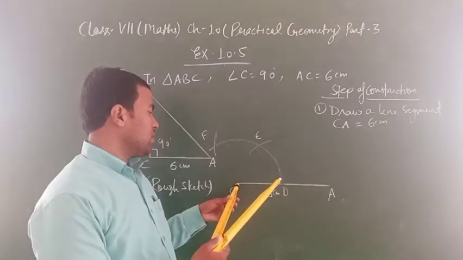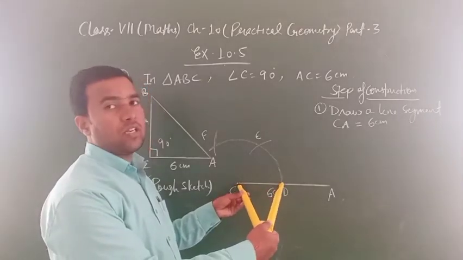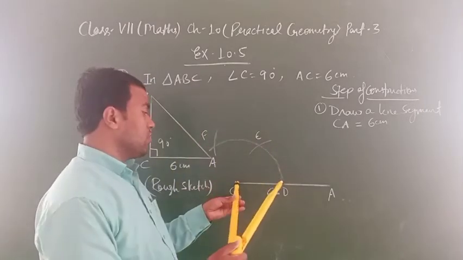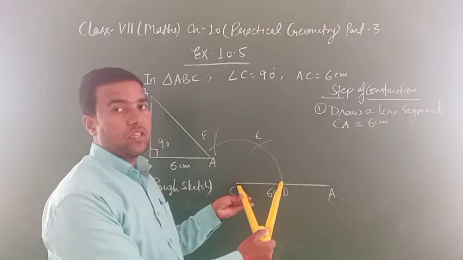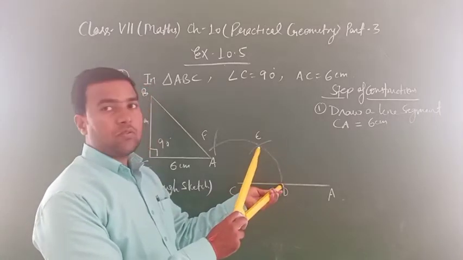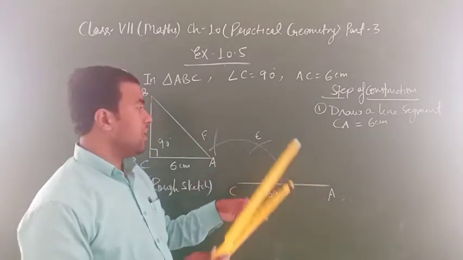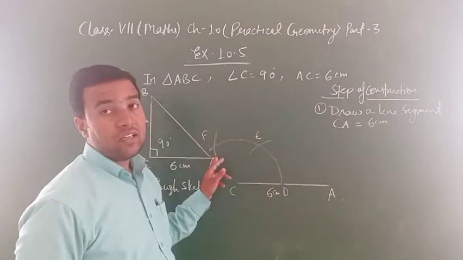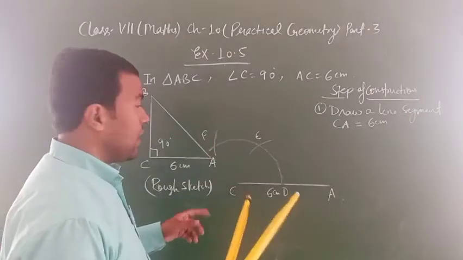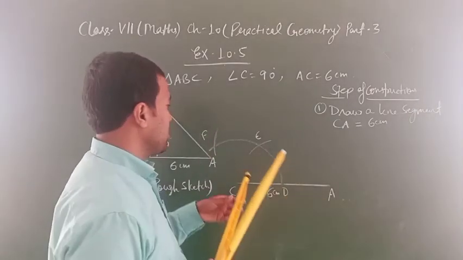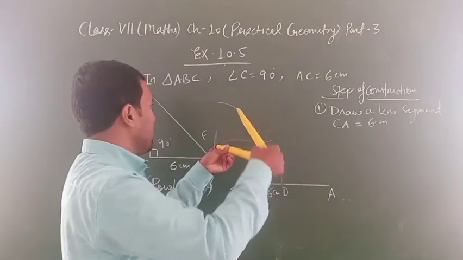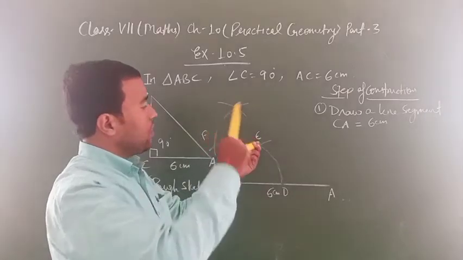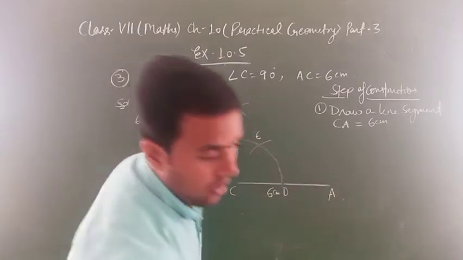Draw a line segment. After that, with C as a center and taking more than half distance, make one arc. The same radius, you will not change, whatever radius you have taken from C to D. From D the first arc you will make, that is 60 degree angle, and from E to F the second arc you are making, that is 120 degree. So 90 degree we want to make. From F one arc here, and from E one arc here. Clear? So we will get one ray.